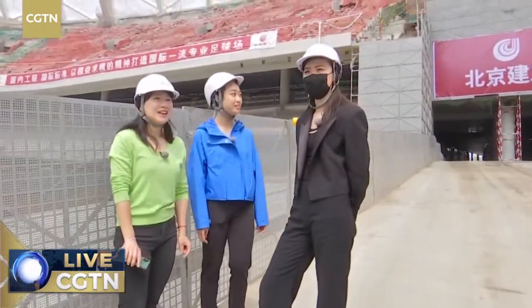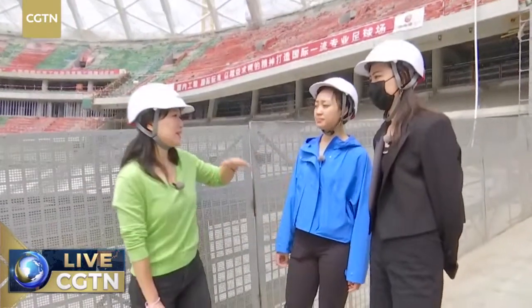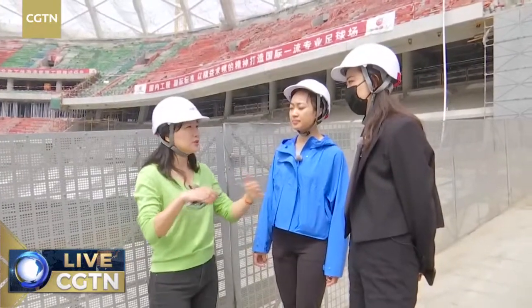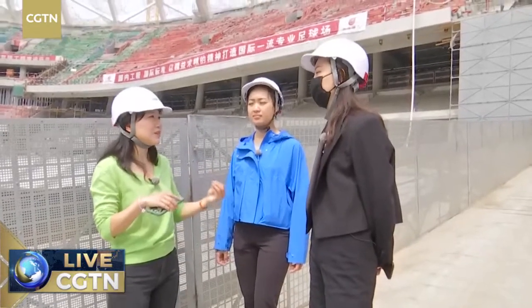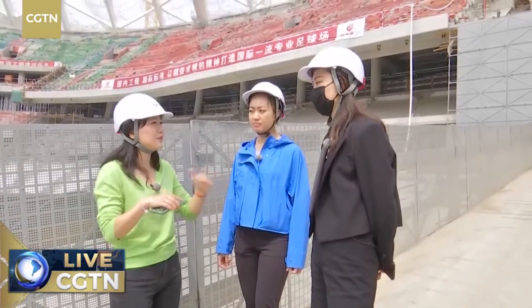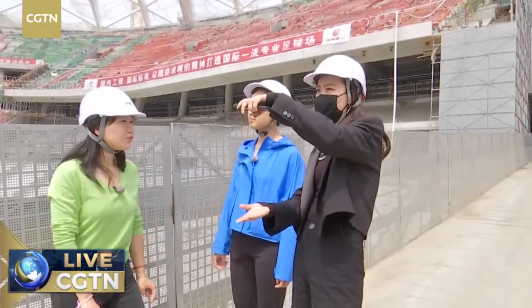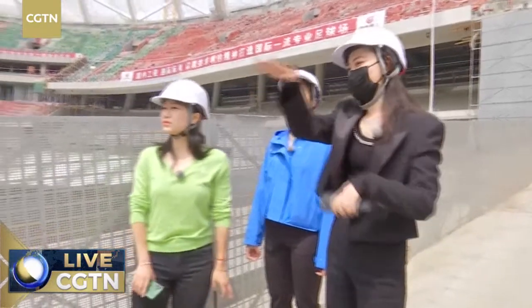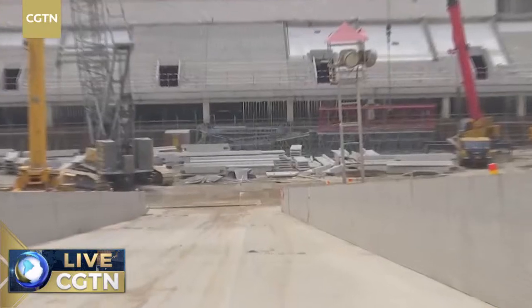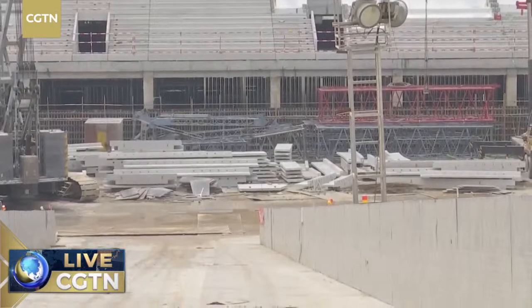Exactly. Wow. And we were also talking earlier about the football pitch itself, how it's elevated. Is there anything different to what it was before? Because Beijing is quite dry in terms of weather, so keeping that grass to FIFA standards must be quite hard as well. Under the grass, we have about 2 meters of height. 2 meters. Wow. You can't just see the grass on the surface. Under that, there are 2 meters of height. It will have some facilities to feed the grass, all the